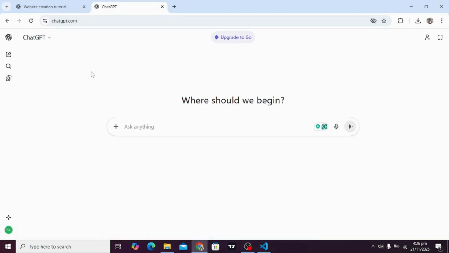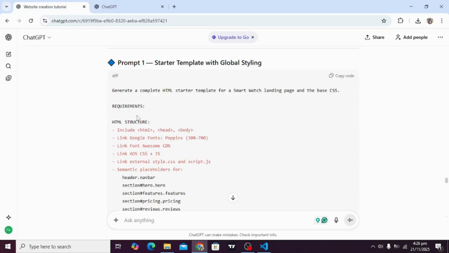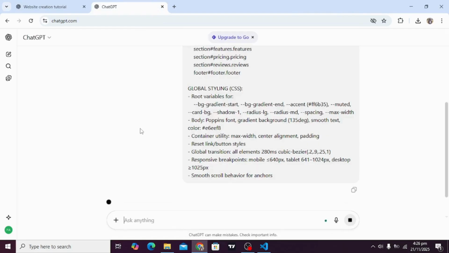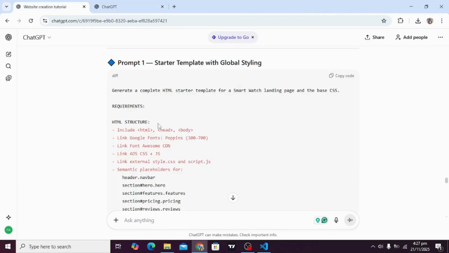And we will use the ChatGPT free version to create this stunning and beautiful website. I already had created prompts using ChatGPT. We will copy this and see what it will give us. When writing a prompt, you have to make sure to include every single detail you want to cover.